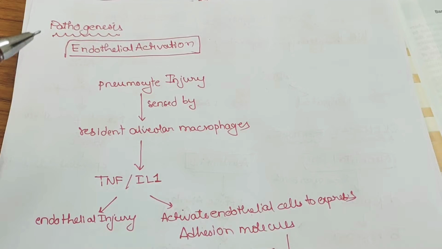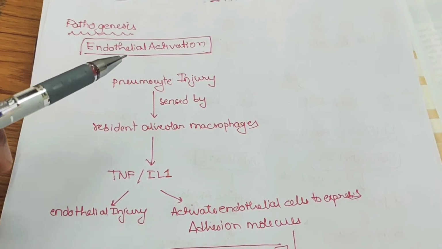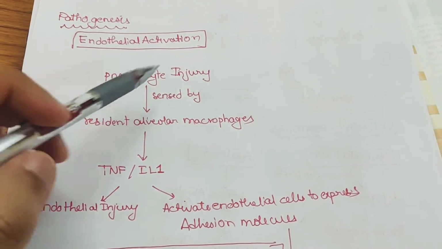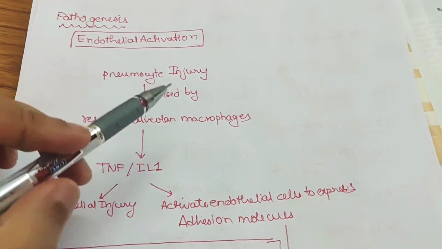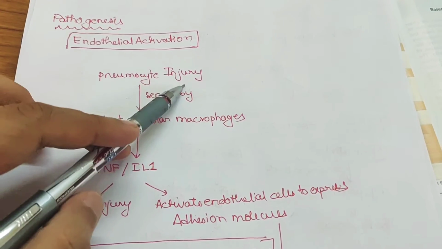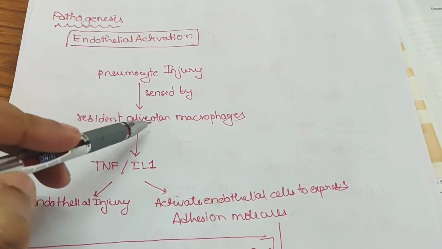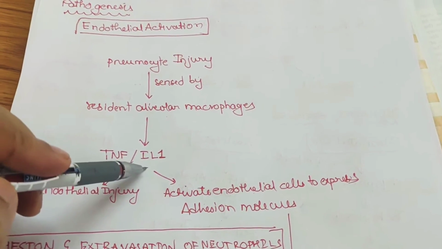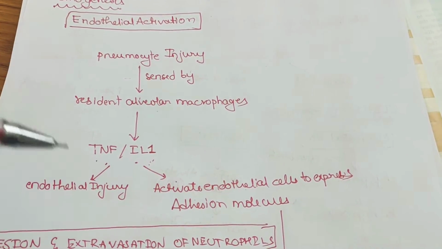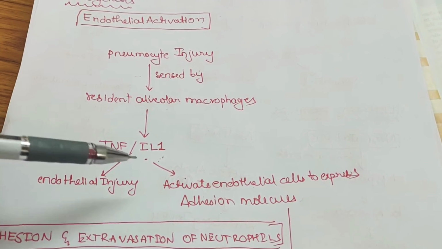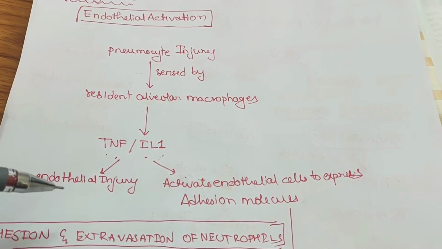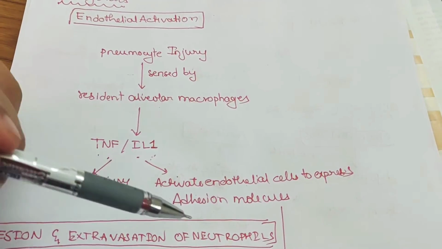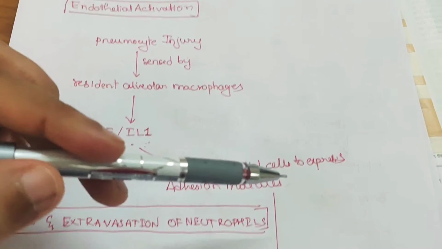Pathogenesis: we have different steps, and we'll go one by one. The first step is to activate the endothelium. All the etiological causes, any of them, can cause pneumocyte injury. The pneumocytes are injured, and this is sensed by alveolar macrophages in the alveoli. They release tumor necrosis factor and also interleukin 1 or other cytokines, which cause endothelial injury and can also activate the endothelial cells to express the adhesion molecules for neutrophils or other